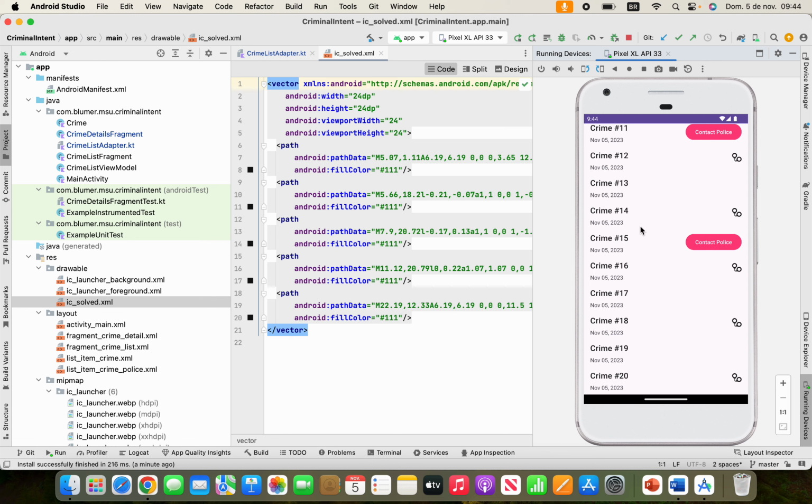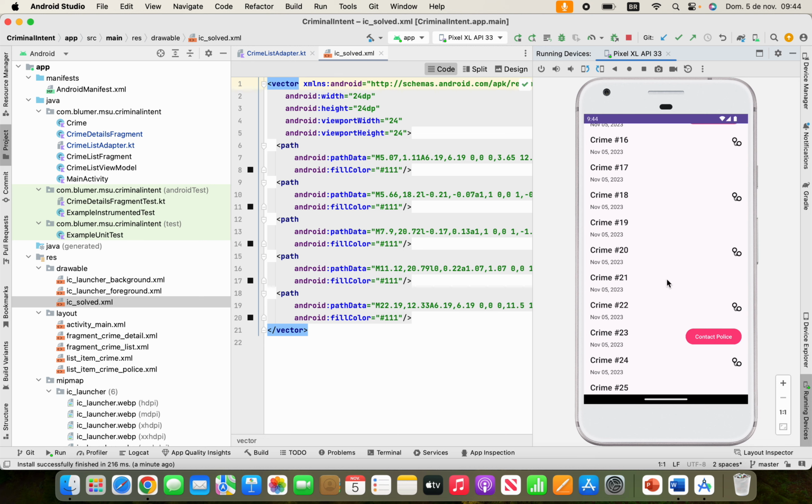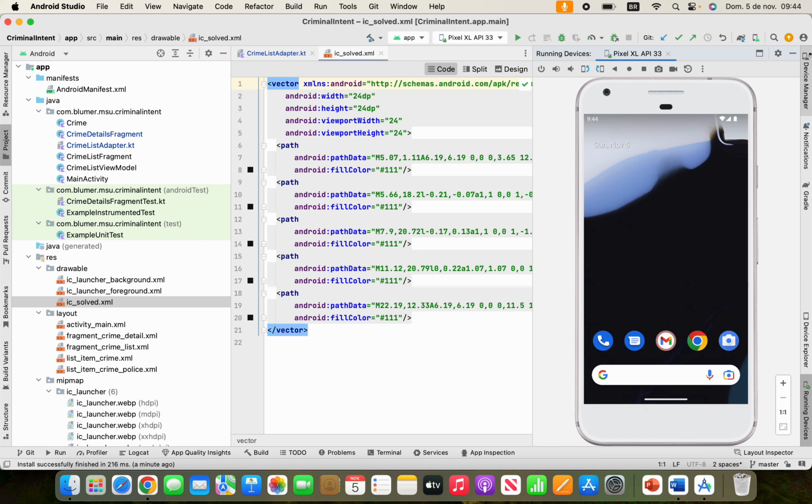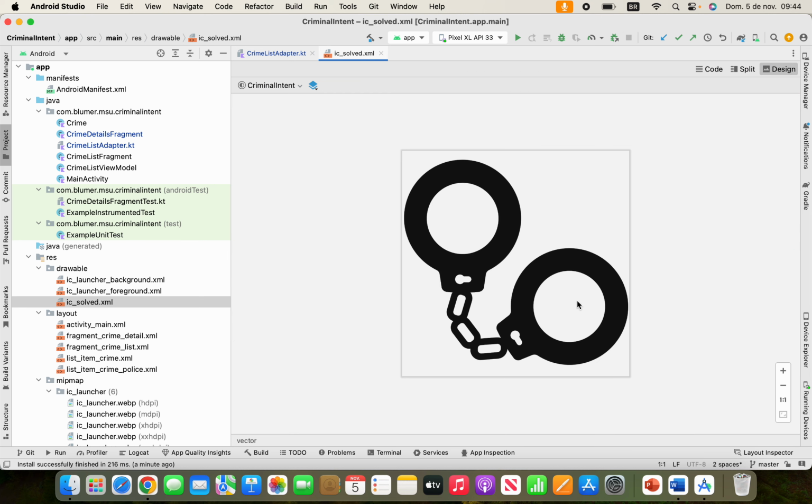So that's good to know, that all the functionality we've been working through comes back in here, and that makes our functionality arrive here with the handcuff signal from the IC solved XML. All right,